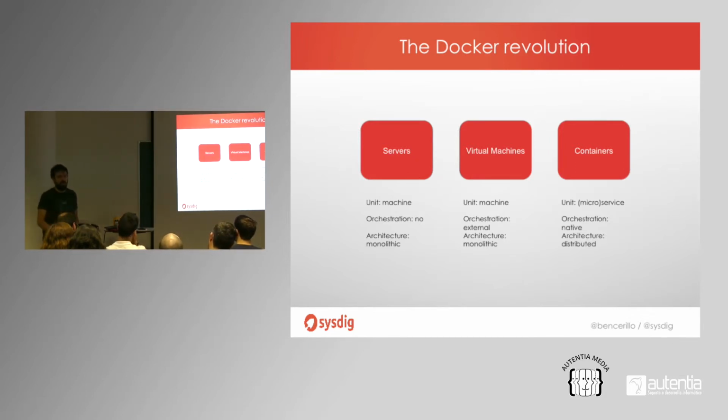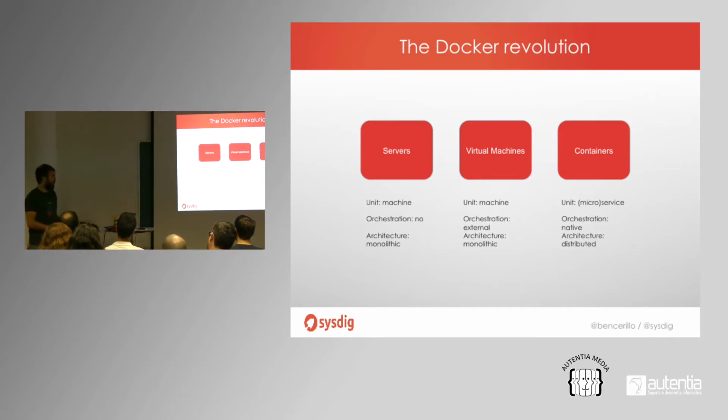How have we arrived here? As I was showing before, at the beginning, or at least a few years ago, the unit when working on infrastructure was the server. If we had to install a new application, the first thing to do was get a server. There was no kind of orchestration. Sysadmins had to get the CD, install the operating system, SSH in the best case scenario, install things, and applications were monolithic. When you had to deploy your database, it was deployed on one server, or maybe in a cluster of servers. But things were not moving much around that.